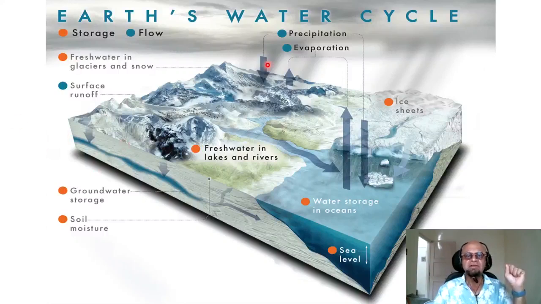Earth's water cycle then in a simplistic way. There are places where water is stored, of course, oceans, lakes, rivers. Rivers are flowing, lakes are sitting there, ocean is often just sitting there, and there is also water called groundwater, which is under the ground. We can't see it at the surface unless it comes up as a river or lake, and soil moisture. So soil is not always dry.